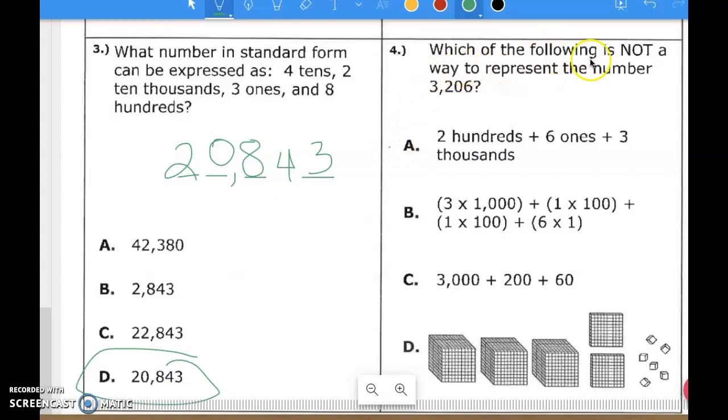Which of the following is not a way to represent the number 3,206? And this is very easy. 3,000, you have 3,000 here, 3,000 here, and 3,000 here. But 200, you have here, this is